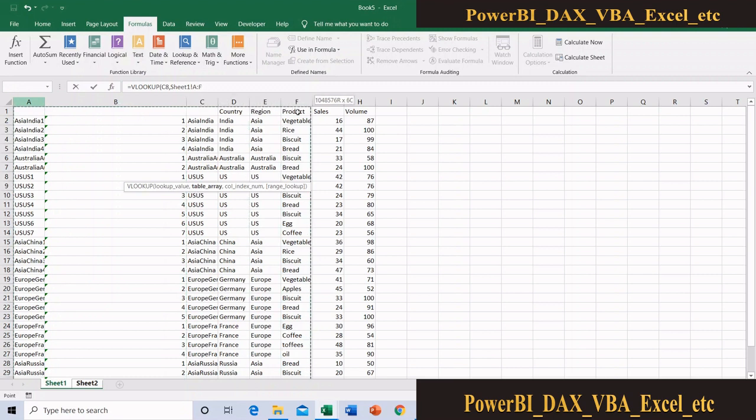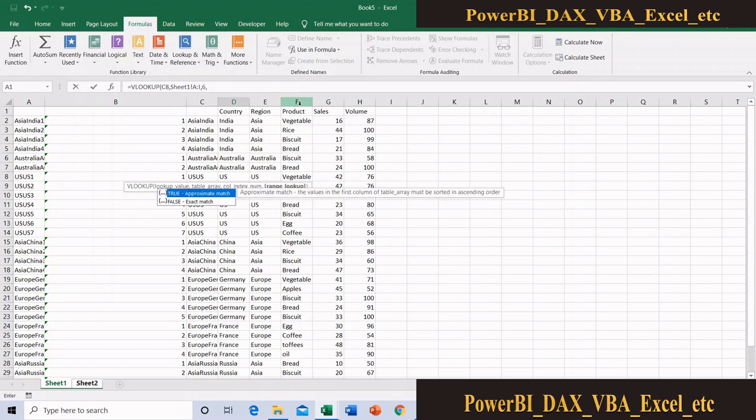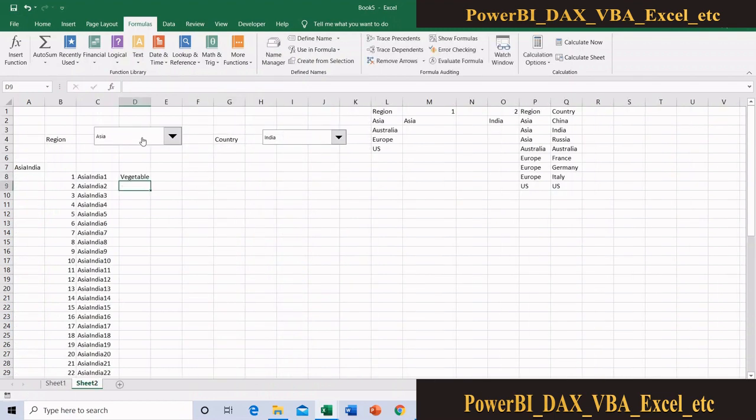This is my key, and from here I need to choose, comma, product is 1 2 3 4 5 6. The 6th entry is my product, and I need exact match. So I got my product vegetable. Asia India first product is vegetable.